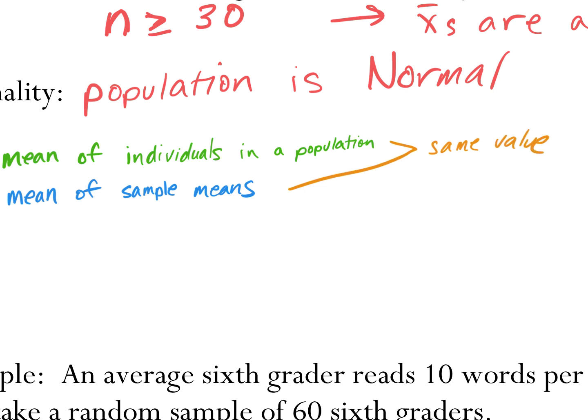So if the mean of the population, if I say, on average, the height of students is 5'7", which I have no idea what it is, but let's just pretend I say that, 5'7", 67 inches. If I say that, and then I say, what's the mean of all the possible sample means? Guess what it is? Still 67 inches. Are we good?